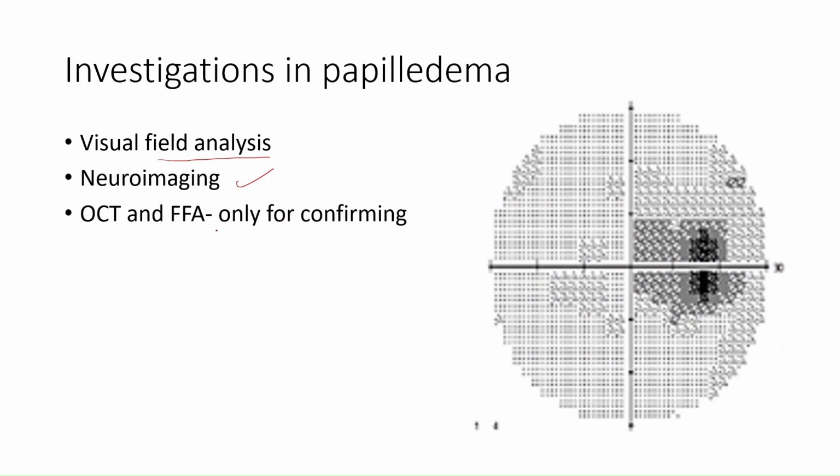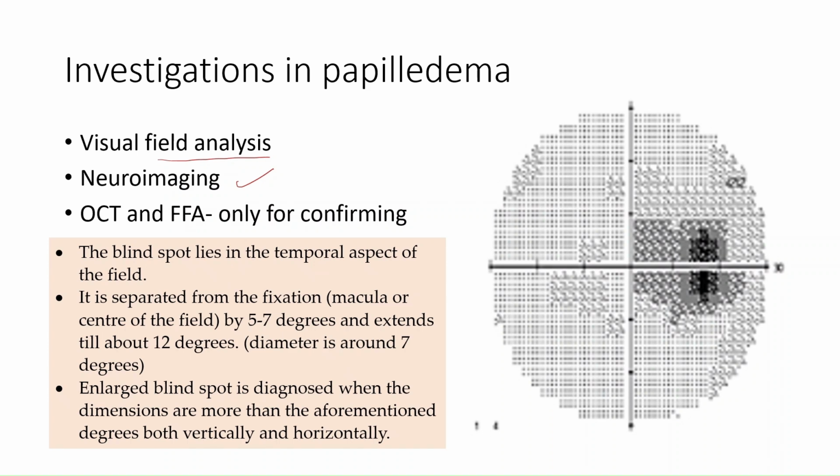OCT and FFA help only in confirming that there is papilledema. So let us learn about the blind spot. The blind spot lies in the temporal aspect of the field. It is separated from the fixation on the macula by around 5 to 7 degrees and extends about 12 degrees. Enlarged blind spot is diagnosed when the dimensions are more than what we have mentioned here, and it's characteristic of